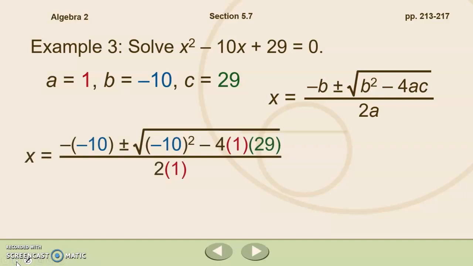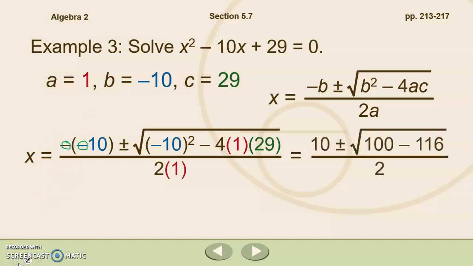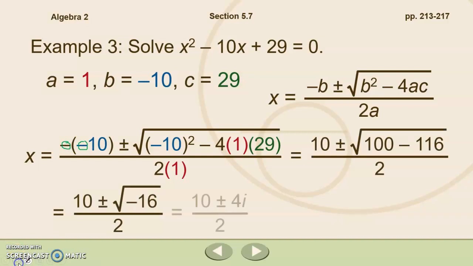Right, plugging that in, we get these numbers. Again, be sure to use parentheses when you are substituting so that you don't drop any of those important negative signs. I'm going to go through these quickly. Pause the video if you need to see that, but I'm going to stop when we get to right here, because you'll see that we have a square root of negative 16. Remember, we can't take the square root of a negative number. So to denote that, we're going to take the square root of 16, which is 4, here, and then the square root of negative 1, which we'll translate there as an i. So we have 10 plus or minus 4i over 2. We can simplify that, 5 plus or minus 2i, by breaking